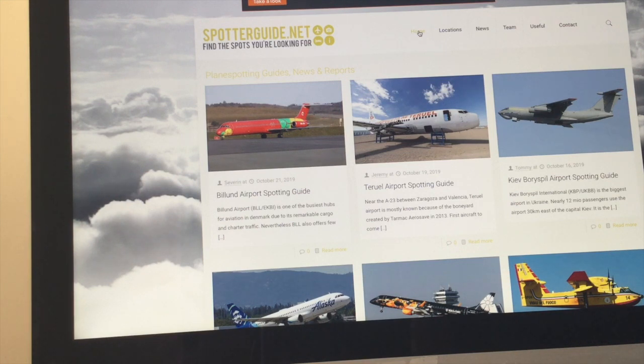Now, this is Spotterguide.net. I use this quite regularly when I go out spotting. This will give you locations globally. There's a good team of them. So I will go through this website for you and just give you a guide on what to use it for. So on the first page,